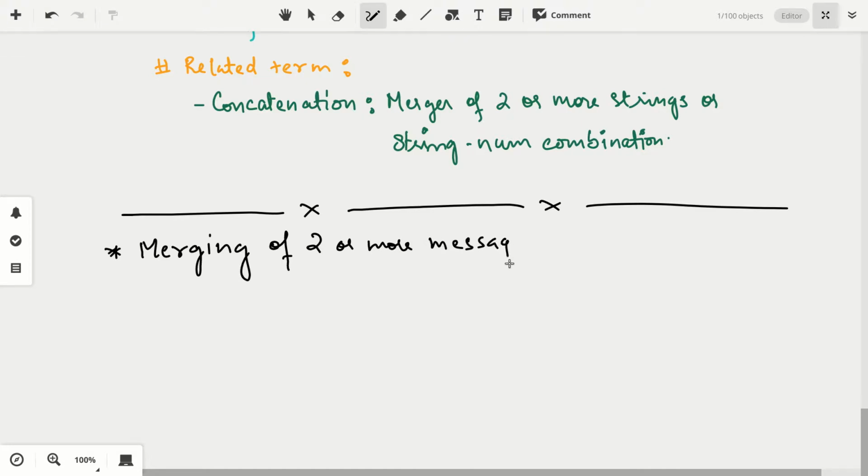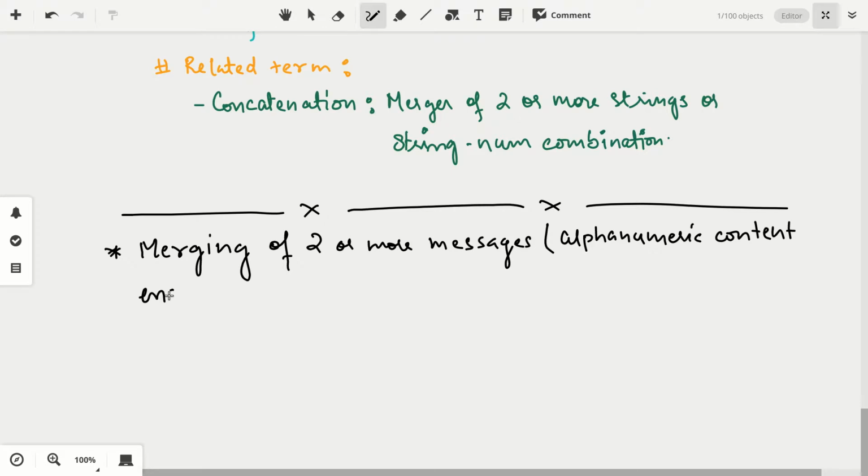And what are messages? Alphanumeric sequences, alphabets and numbers, like English sentences. That is known as alphanumeric sequences, alphanumeric patterns, alphanumeric content, and that too enclosed within double quotes.